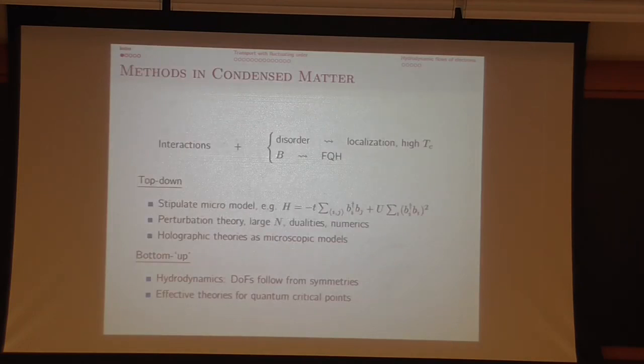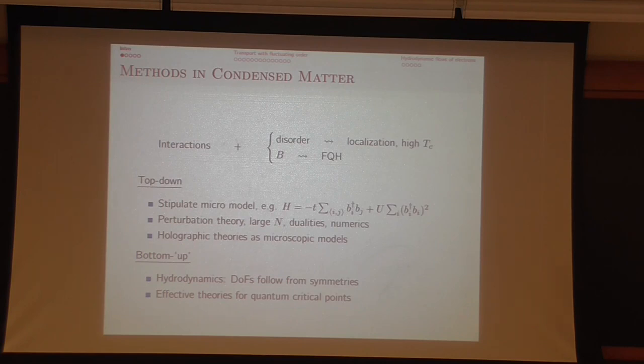Condensed matter physics is often defined as the study of phases of matter and transitions between them. What this means in practice is that you're going to have to study systems with interactions, and even typically strong interactions, because you need things to drive these transitions. And one is typically interested in adding disorder or background fields, like a magnetic field, to these systems. These seemingly simple ingredients lead to some of the most challenging problems in physics, or at least in condensed matter physics, such as high temperature superconductors or transitions between fractional quantum Hall plateaus.